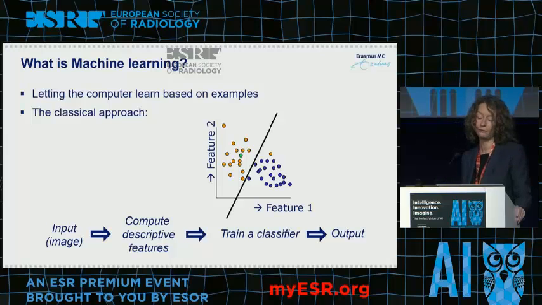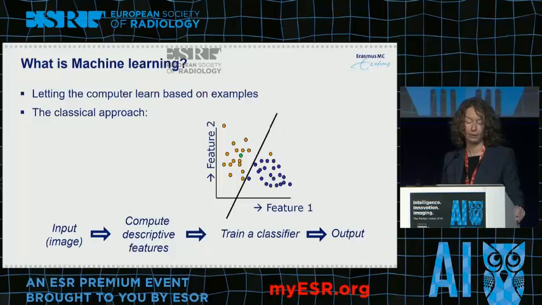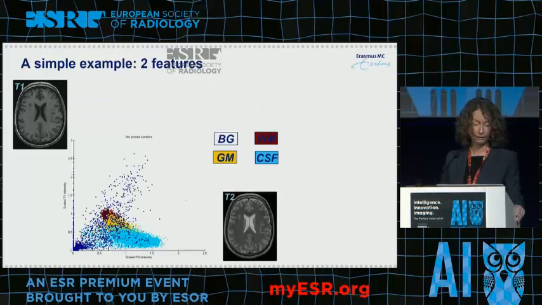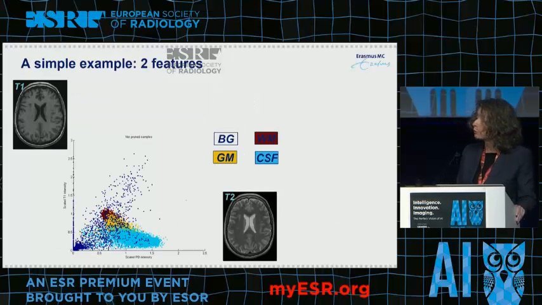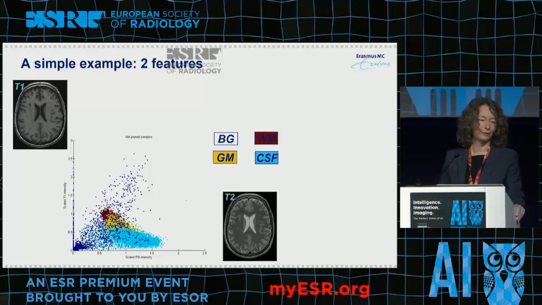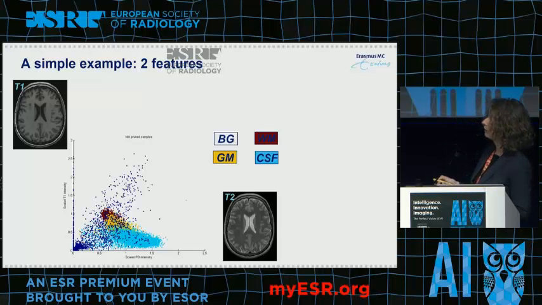And in radiology, the features could be related to the density or the appearance or texture of shapes, of structures, for instance, spiculation in nodules. Now here's a very simple example of machine learning, a very basic machine learning approach in radiology. We have just two features, and those features are only the intensity in a T1 and a T2 image. Now if we set those out on the vertical axis, the T1 intensity, on the horizontal axis, the T2 intensity,